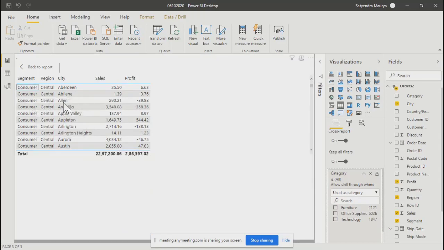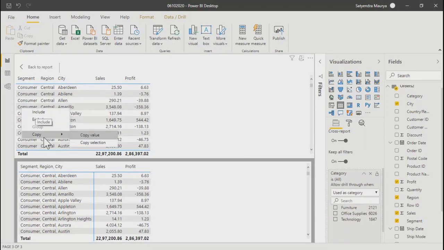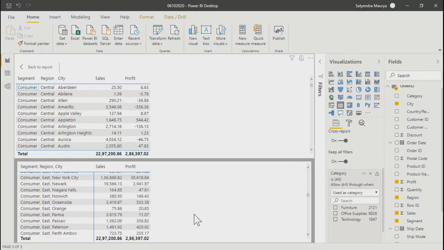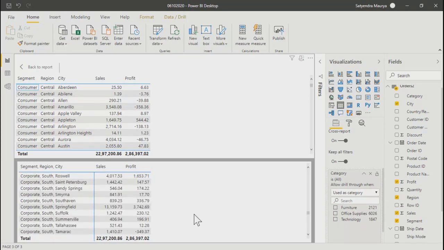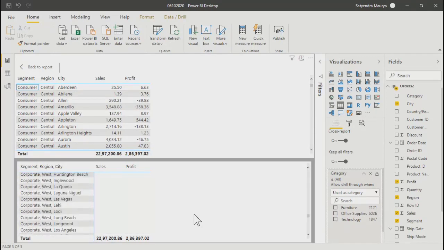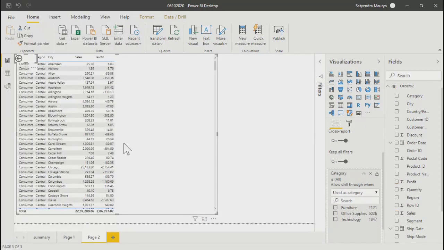Show as a table means, okay, what is the meaning of show as a table? As soon as I click over here, it's showing you one more component over here. But what does this mean? It structures in a way to form a table. Okay, so let me tell you. At this moment, it shows you the exact component down below. Whatever component you see here, it shows you the same component. Both are tables.